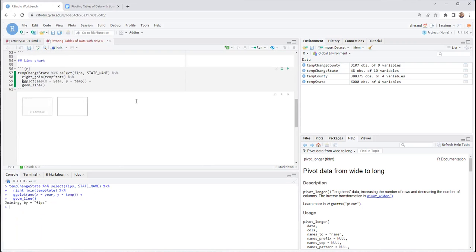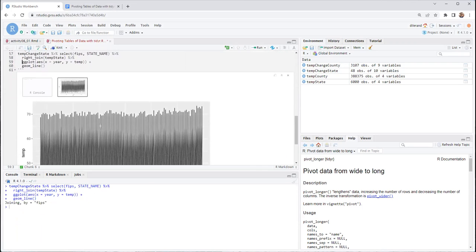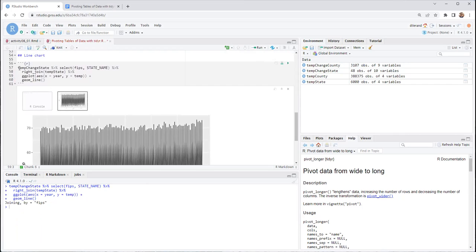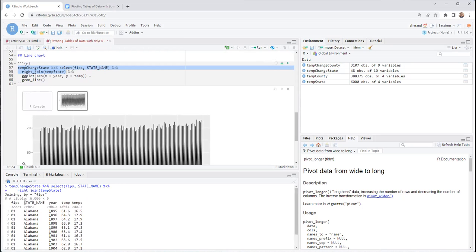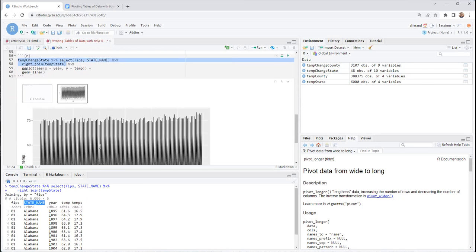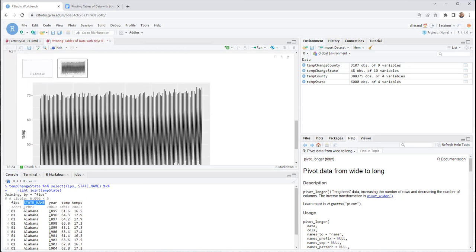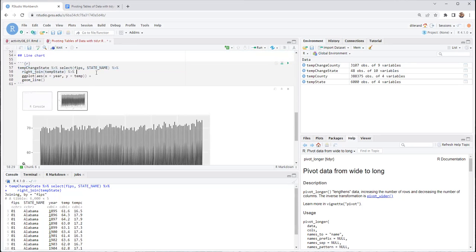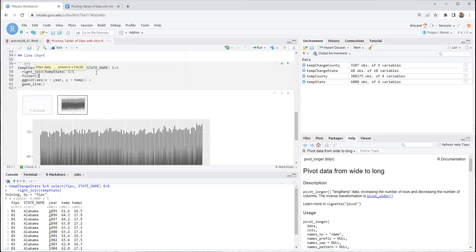So that's not going to change anything about our plot just yet, but now we have the state name available in the data set. So if we look at this, what's getting piped into ggplot, here we can see we have the state name variable. And so if we want to subset to only Michigan and Minnesota, now we can do this using the state name column and the filter function. So before we pipe into ggplot, we'll add a filter. And we want to say where state name in